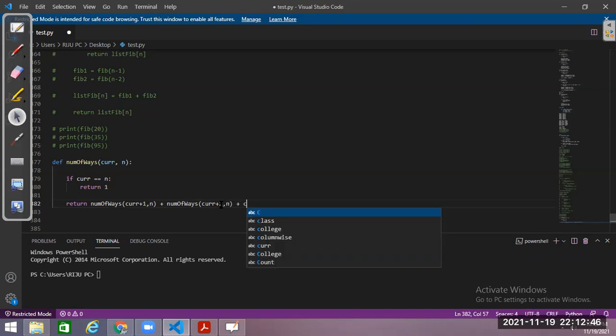And again, add how many ways are possible if I go 3 stairs up and want to reach the nth stair. This is the entire thing that I require.